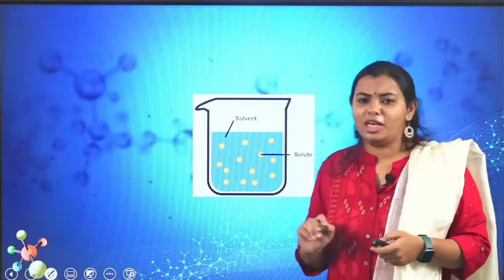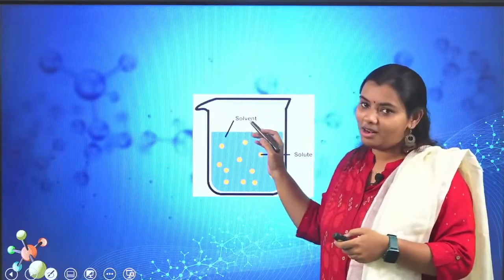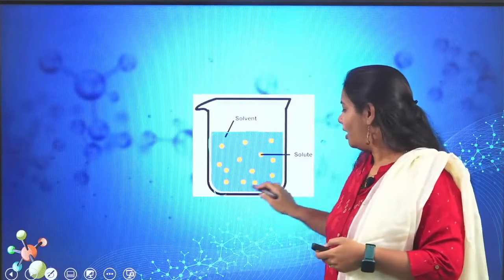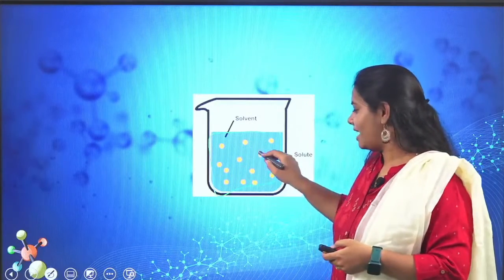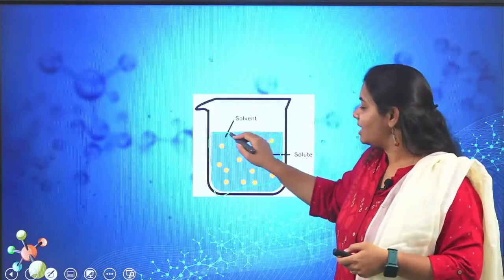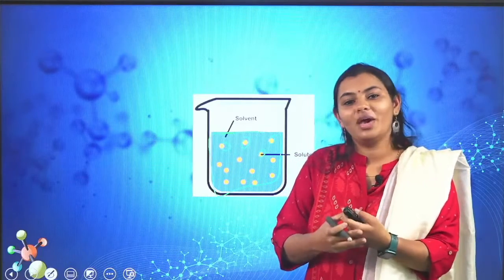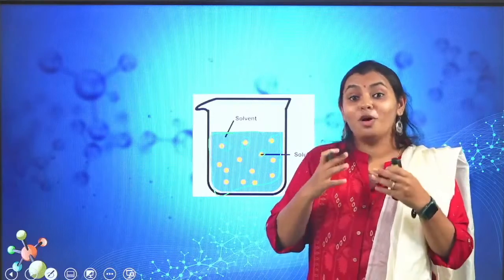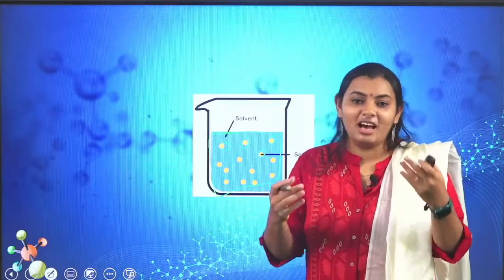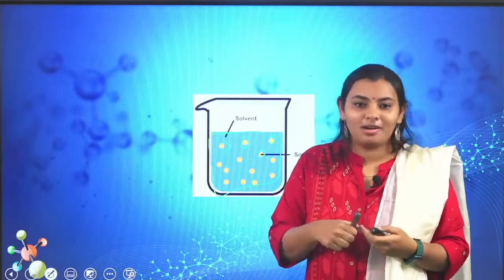Now this image, when you see, what do you observe in this image? Here there is a beaker, there is a liquid in it, right? So you can see there are green molecules here, which is a solute, and this liquid is called a solvent. So when a solute and a solvent is mixed together, what do we get? We get a solution. This is like the basic which we learn and which we see in our day-to-day lives also. You mix sugar and water, it's a solution.